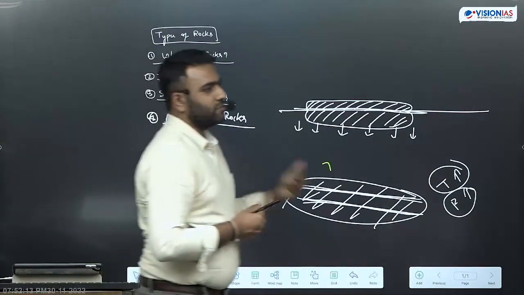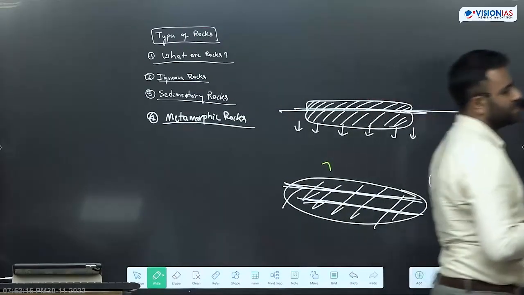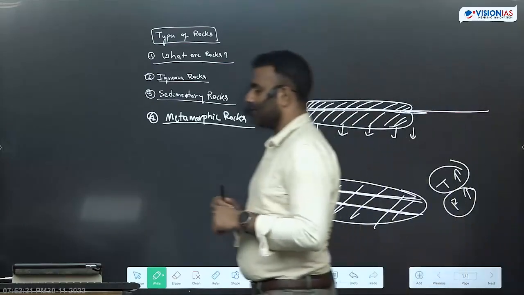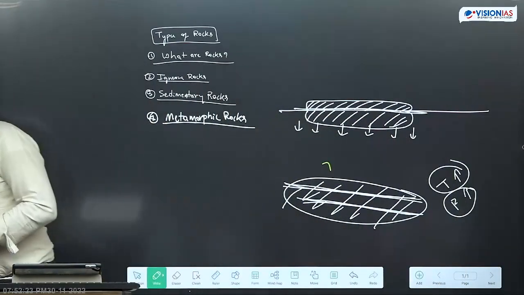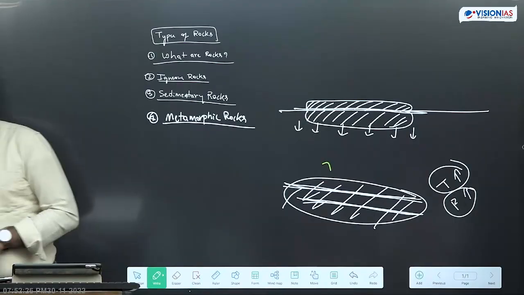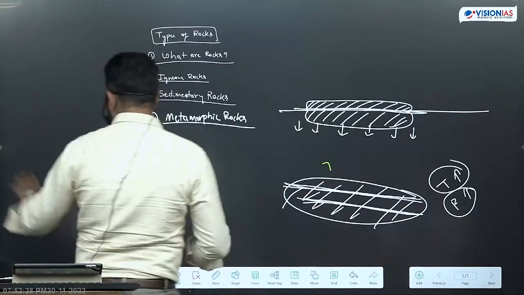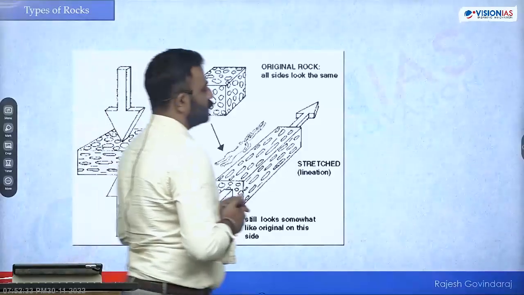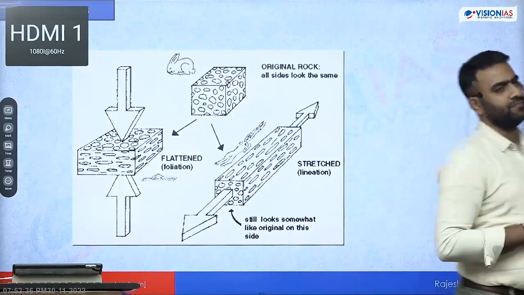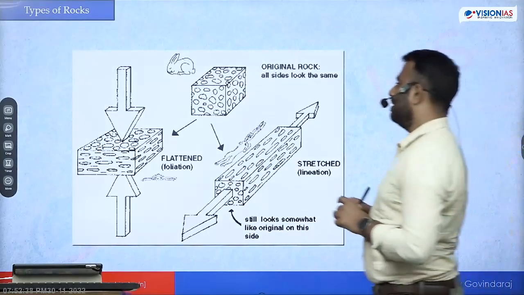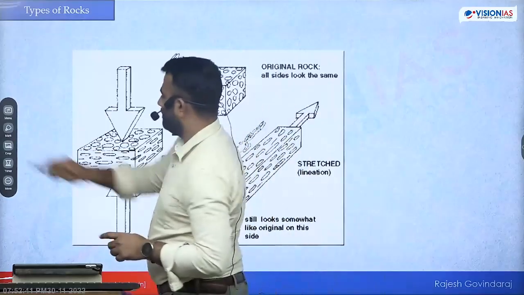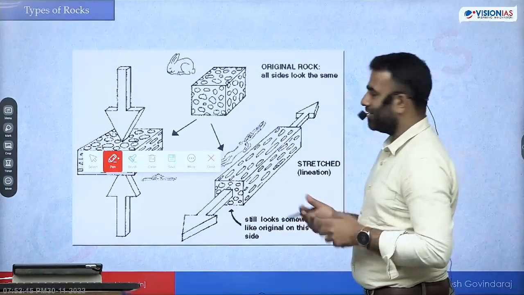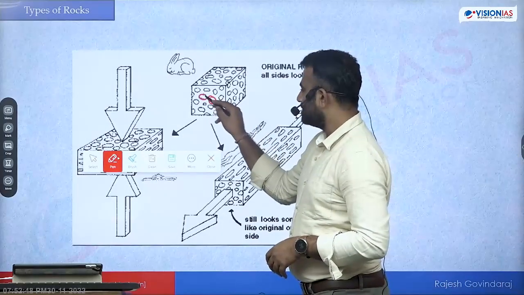So this process of change in the rocks which we observe, that is what we call metamorphism, and the resultant is metamorphic rocks. So when they undergo metamorphism, the most commonly visible changes which we observe are the changes in the overall physical property or the changes in the chemical composition. Okay, let's say this is the original rock. You can see the original rock here. Let's say it is an igneous rock, intrusive igneous है. You can clearly see the crystals, the crystalline structure,